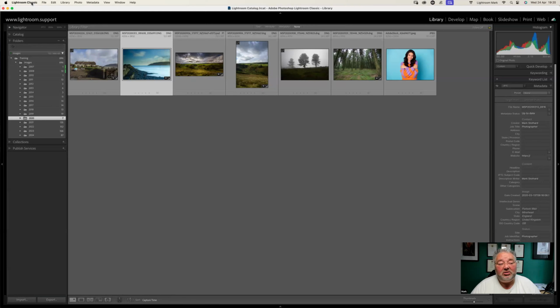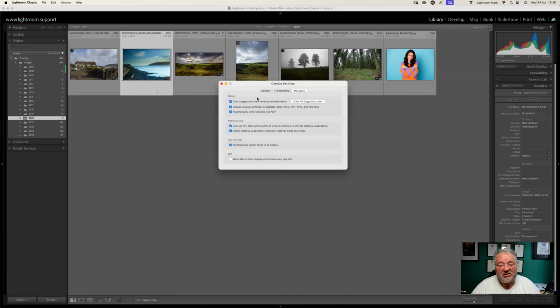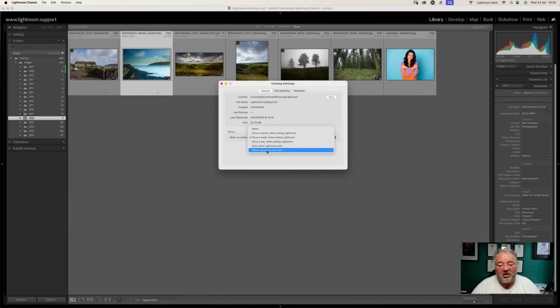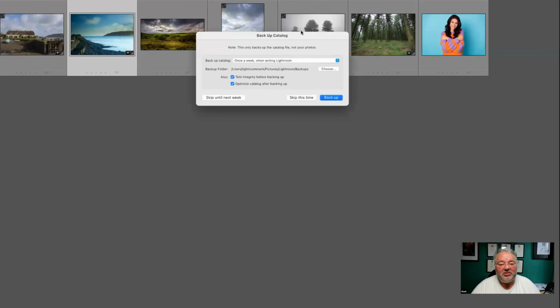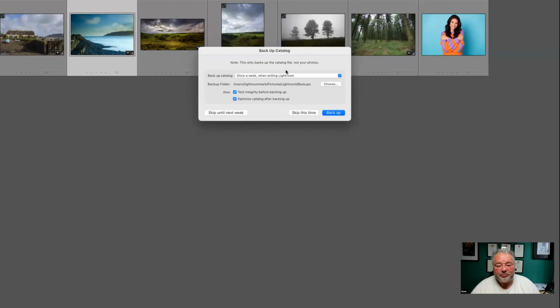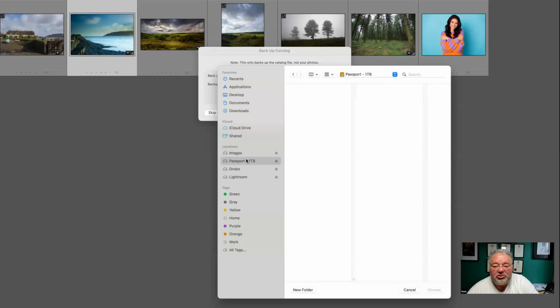And the last thing we're going to look at is backing up our catalog. So you remember I went to catalog settings, to general, and I'm going to go next time I exit Lightroom. So I'm going to press X and now I'm going to close Lightroom and it's going to give me a pop-up. Here we go, back up your catalog. So this is again where you can change. It's once a week in this case. And Stuart, you asked me for the location. And this is the location. You can hit choose and you can go and choose a